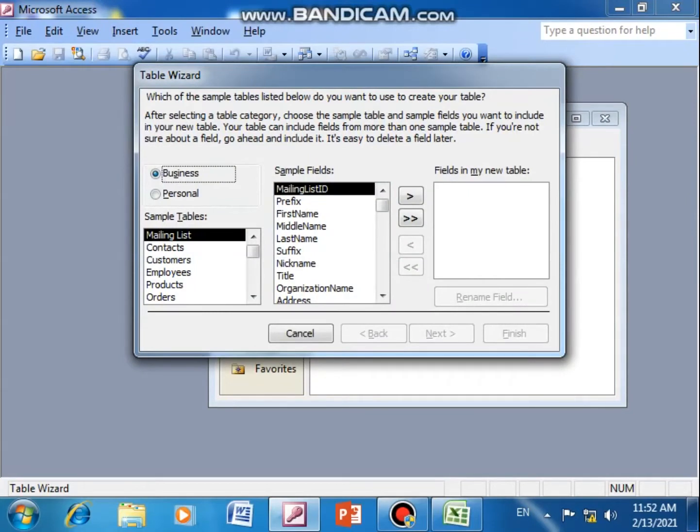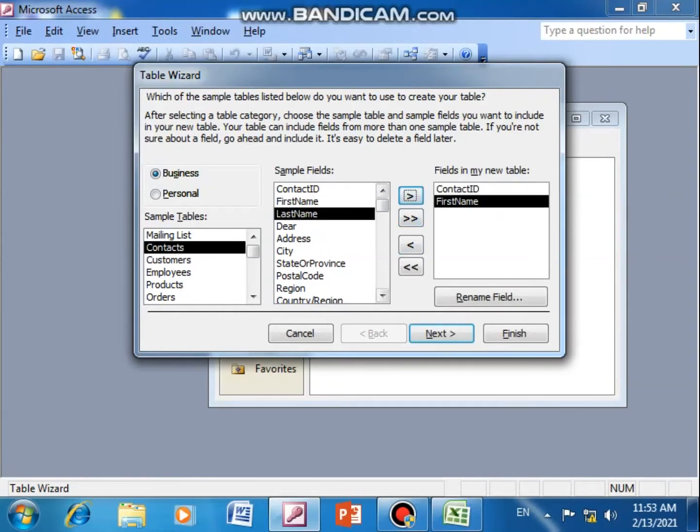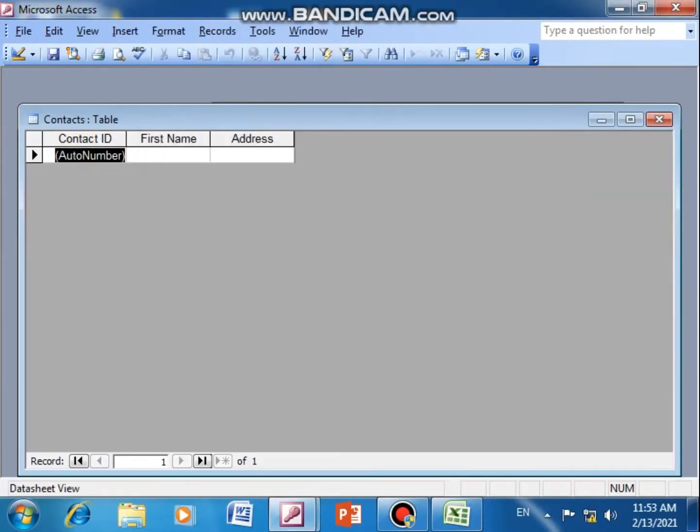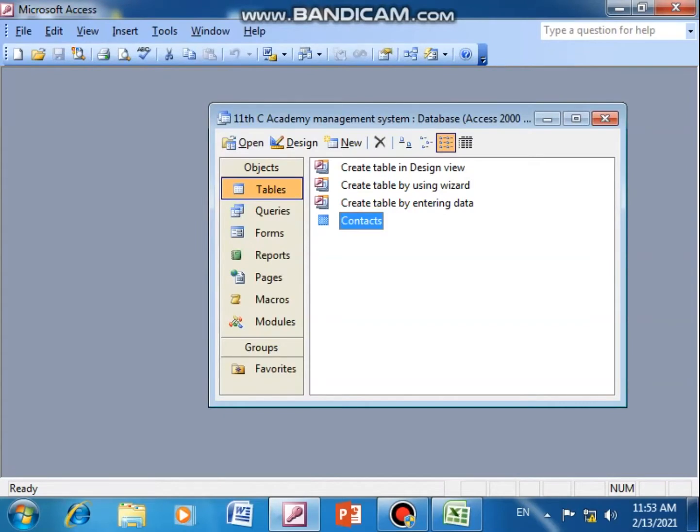So here it is asking that which fields you want. Now if you remember, on the blackboard I have written different fields, that in student table we will store this many details, right? That was ID number, name, surname, that all things. Here ready-made things are given from which you have to go on selecting the fields. Okay, for example, I am selecting 3 fields right now. I don't want to waste time, so next and finish. So the table will get created. This is known as creating table using wizard. Like this way you can create a table, but I am deleting this. Better option is to create using design view.